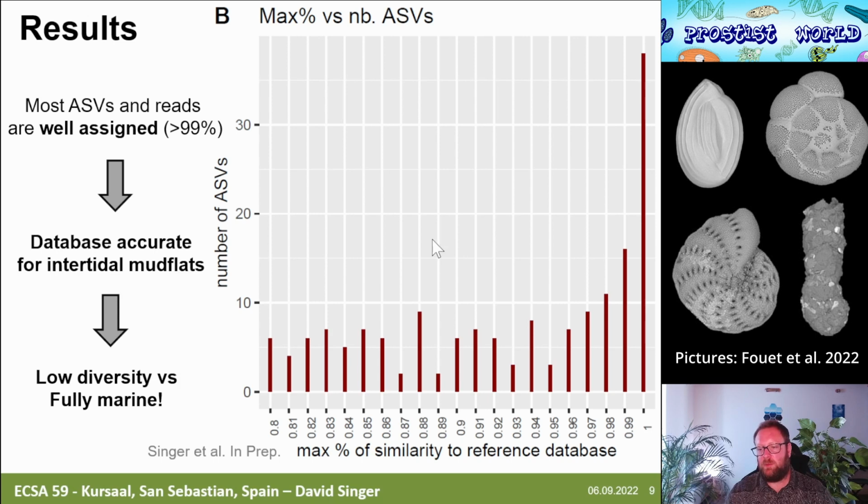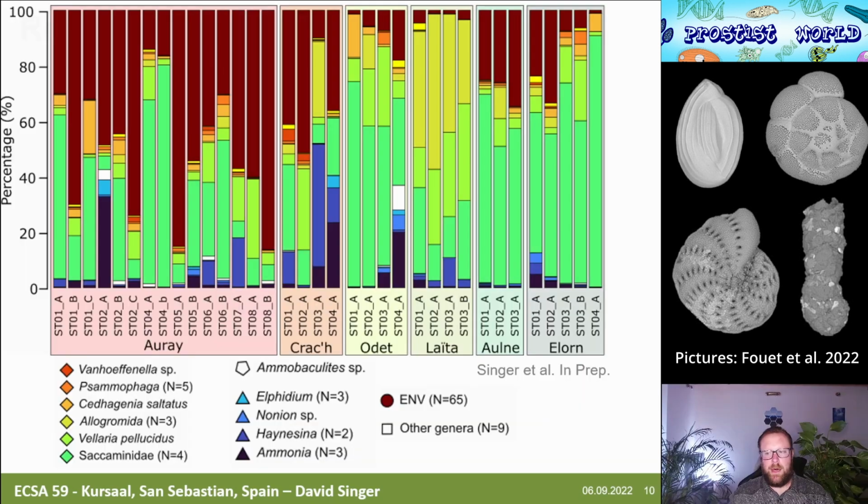And as expected, we have a very low diversity versus fully marine environments. Now let's have a look at the bar plot of the diversity. As you can see here, each estuary has a different community composition. For example, the environmental clades, this color here, have different proportions depending on the estuary. There are many more environmental clades in the Ore than in the Laita. And in the Laita, there are some species belonging to Allogromida that don't appear that much in other